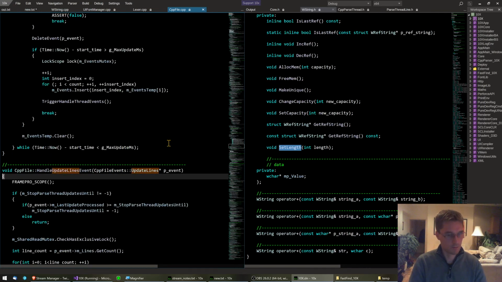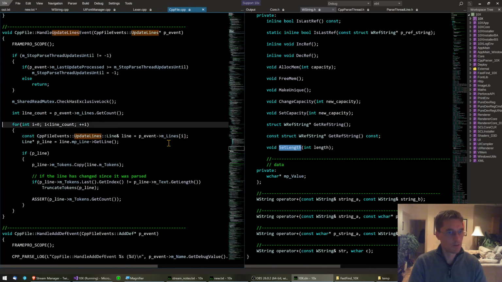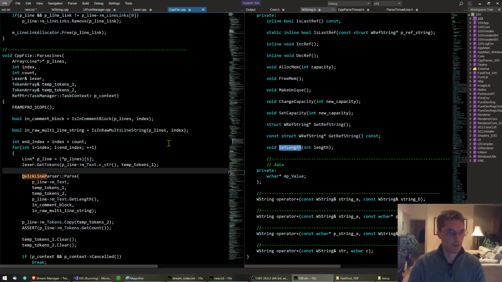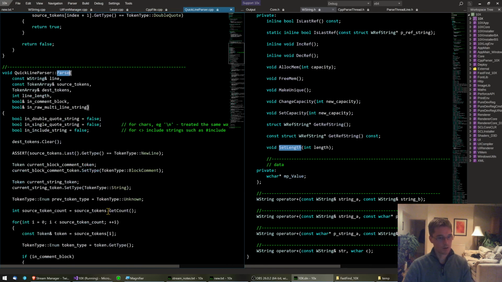Lines. Parse lines. Yeah, so this is not the actual C++ parser. The CPP file is literally just a copy of the file, and when you update lines in your text editor, it tells the CPP file to update its lines, and then it does this quick line parser on it. And the quick line parser,